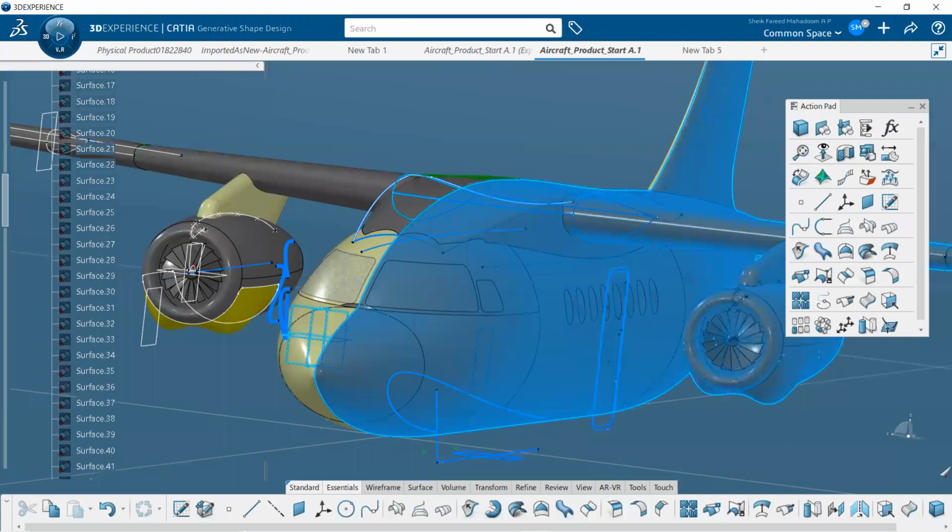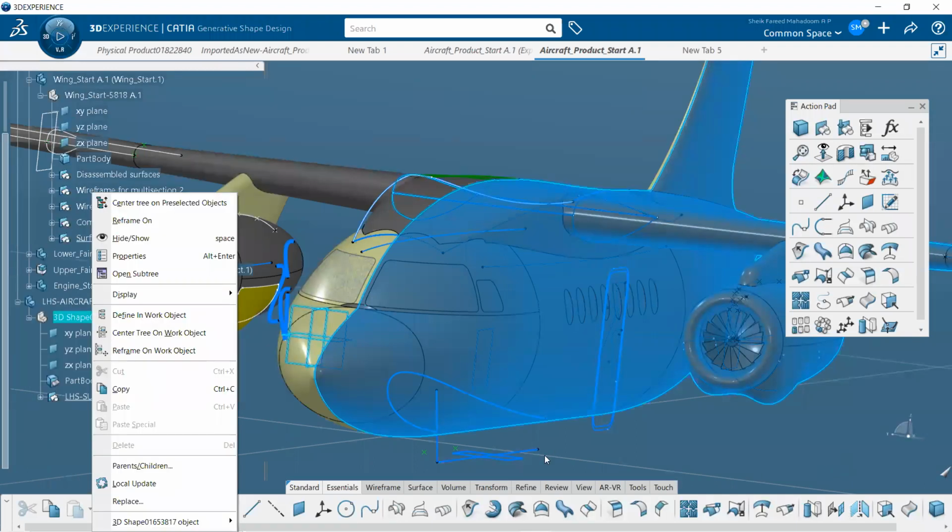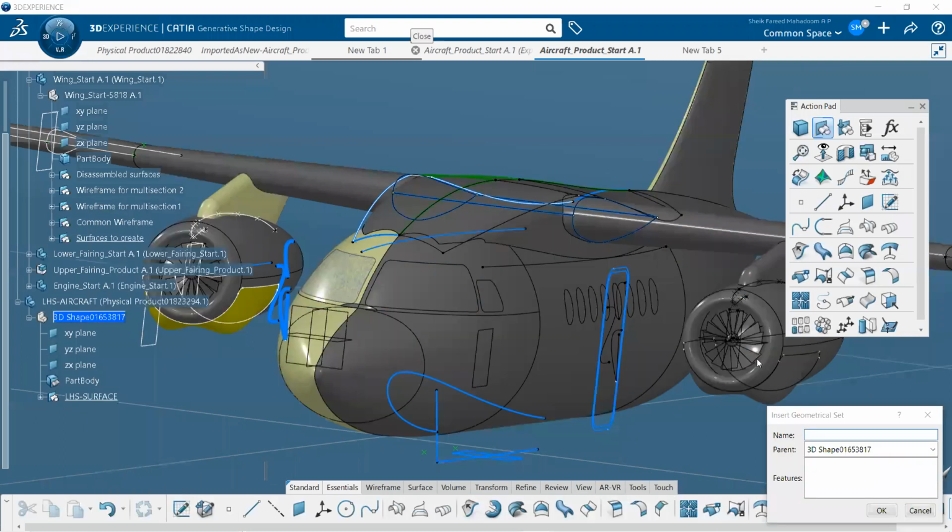They're asking which plane I selected. Oh, I just selected the XY plane. You can see. Just show you once again. Just select all.